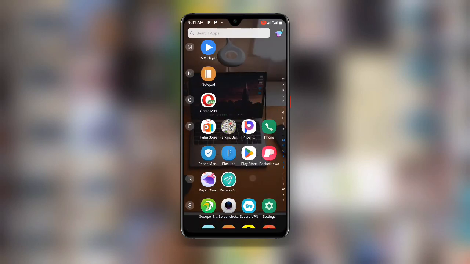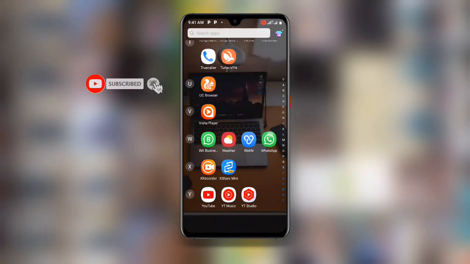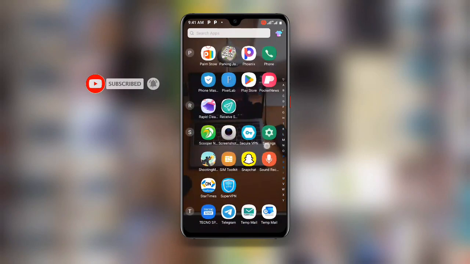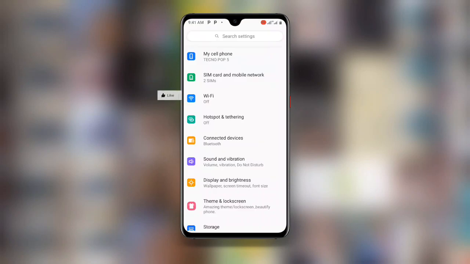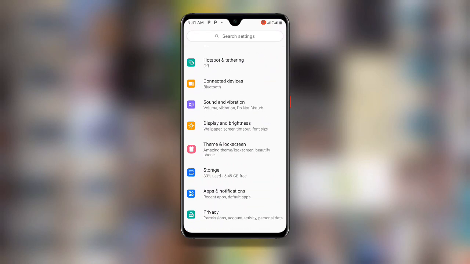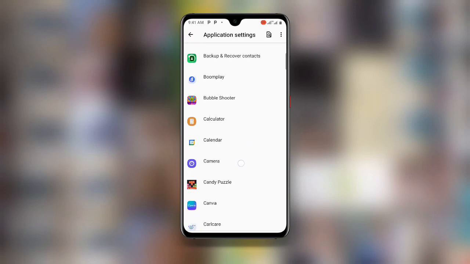And once you are done with this, all you need to do is to just open your settings. Once you open your settings, then you click on apps and notifications. Once you click on apps and notifications, all you need to do is to click on app settings or application settings, depending on the phone that you're using. Now just scroll down,